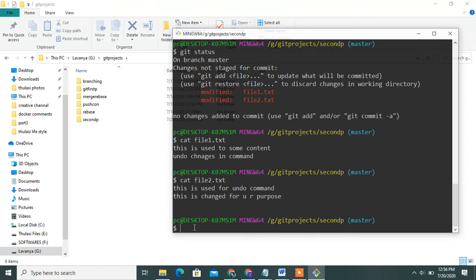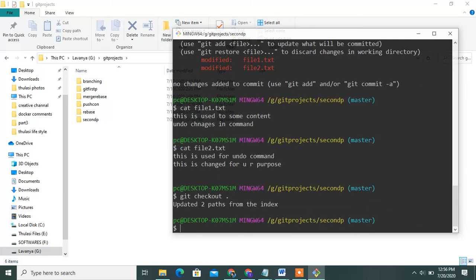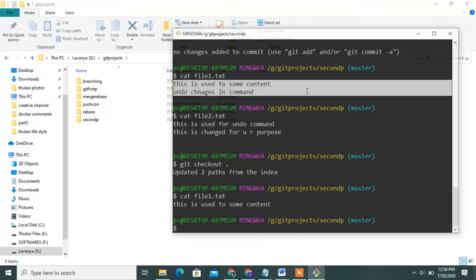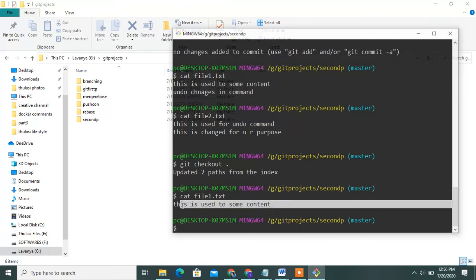You can use the command git checkout. For a particular file you can write the file name, and for all files you can write a dot. See, once you check cat file1.txt, it displays only the original content, the first line and second line.